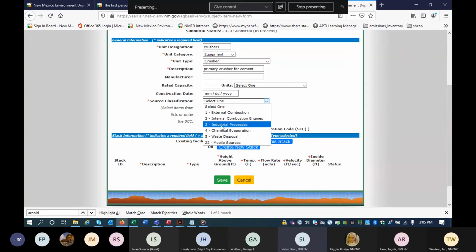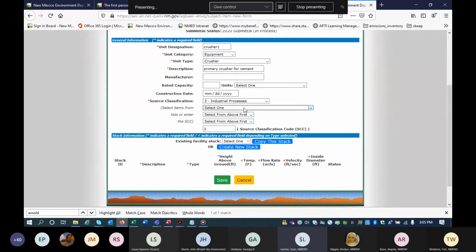So I happen to know what the crusher SCC is off the top of my head. For the first one, it's 3 for industrial processes, and they're 4-part codes, by the way. SCCs, all of them, have 4 parts. And in our AEIR system, we have a builder right here, and I recommend you go through the builder to find your SCC, because as you go through each level, it gets more constrained as you go through each subsequent level.